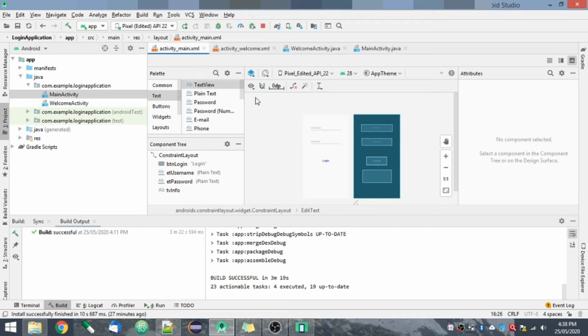Now the second thing that you have to do is provide an ID to each of these views. I have given these IDs: btn_login, et_username, et_password and tv_info. After that, because after clicking on the login button we want to move to the next activity, the next page,